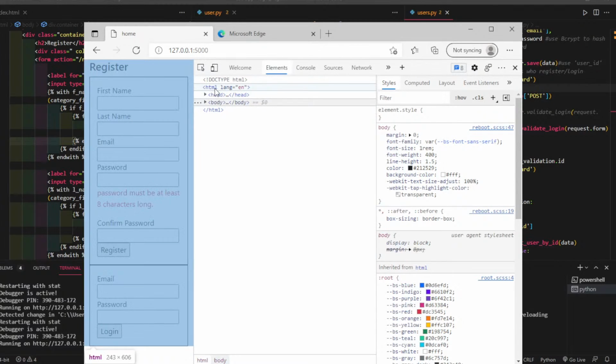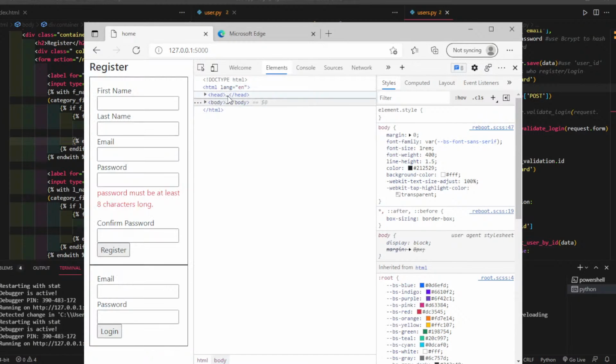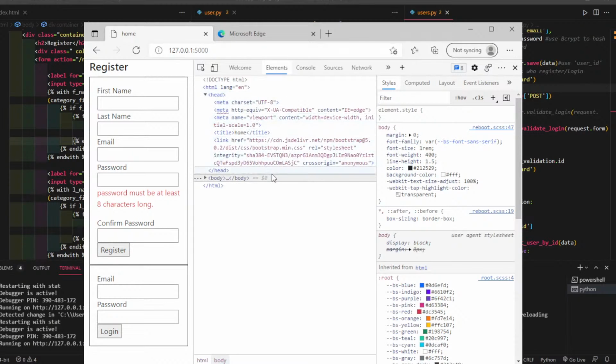Within the HTML tag, there's the head tag, which has metadata. Metadata is basically information about your HTML. So here I have linked Bootstrap, which is a CSS library that makes your page look